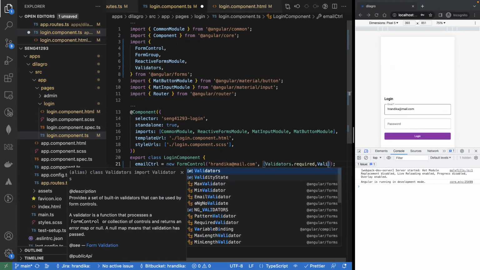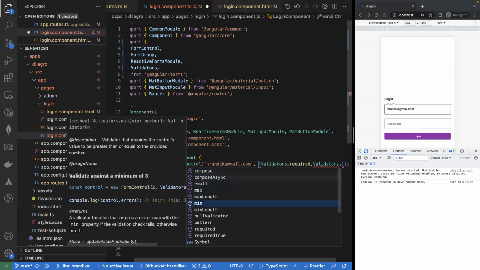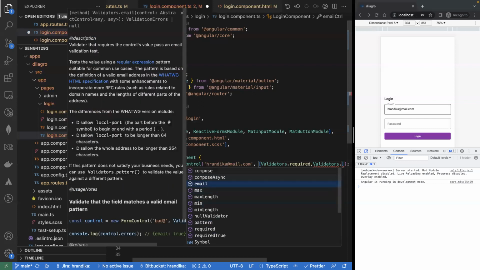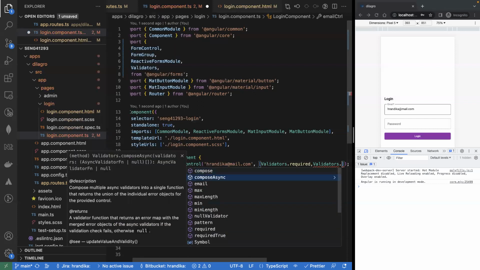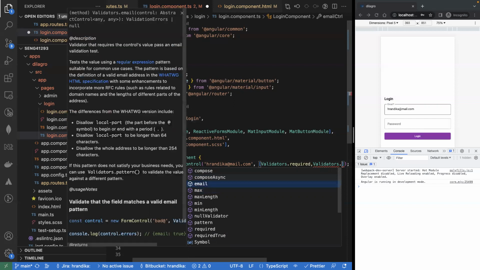Okay, so validators. As you can see, these are the validators provided by default. You can use these things. But if you need, you can also create custom validators. That is a little bit out of the scope, but there is a possibility that you can create custom validators as well for form groups, depending on your value. But we will go with